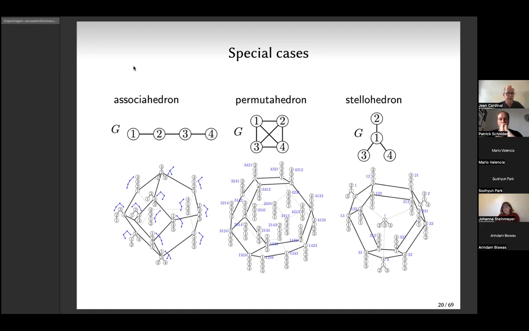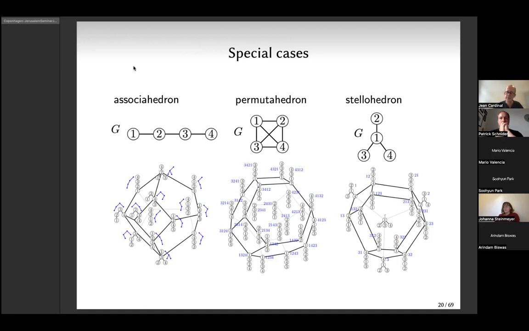Now think about what an elimination tree on a path is. You pick a vertex, put it at the root. How many connected components do you have? At most two, the left path and the right path. The left parts, right? What's on the left of the vertex you just removed, and what's on the right. And these are your left and right subtrees in that case, and then you just recurse on those. So this is a binary tree. So the special case of the associahedron, you get it back by letting G be a simple path on n